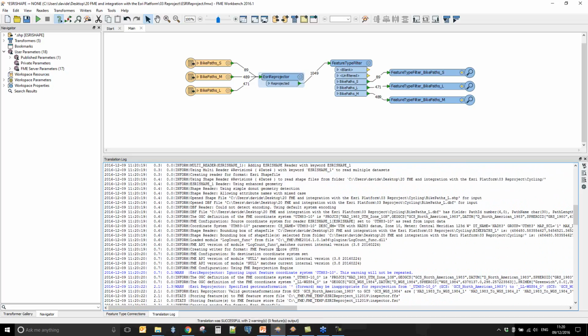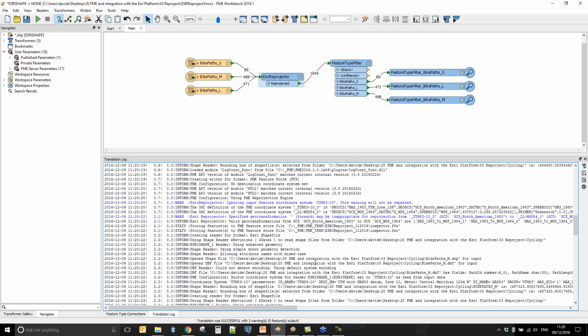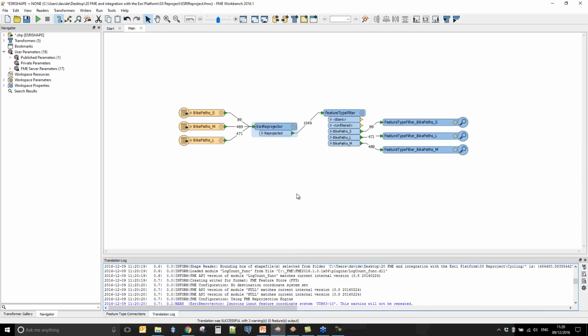I can't actually spot it at the moment, but it is in there somewhere where it's getting a license and using the libraries from Esri in order to do that reprojection. One of the other things to bear in mind is that the Esri reprojector reprojects data that passes through it in this flow. You could send the data elsewhere, and you could still use Esri to carry out a reprojection,